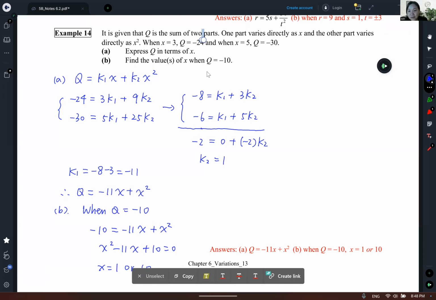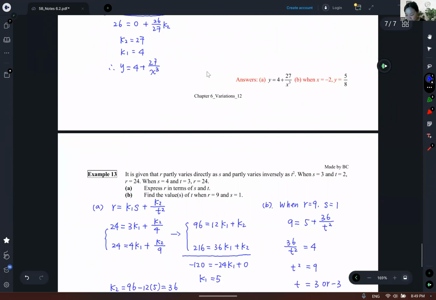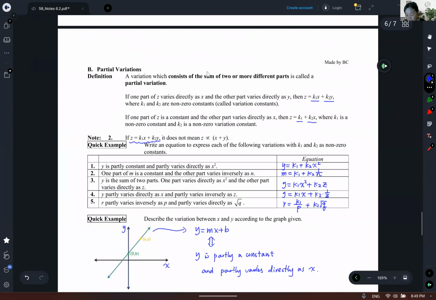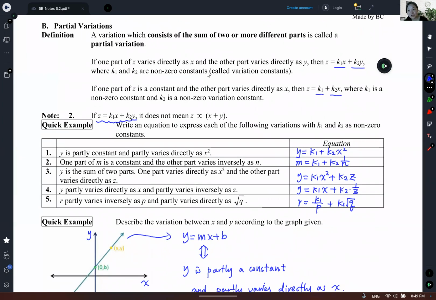Like I said, there is not much to learn, right? Again, just like last time, we have to go back to the quick example and then really learn how to identify this kind of variation. And when you see the 5 examples presented there, that the keyword,